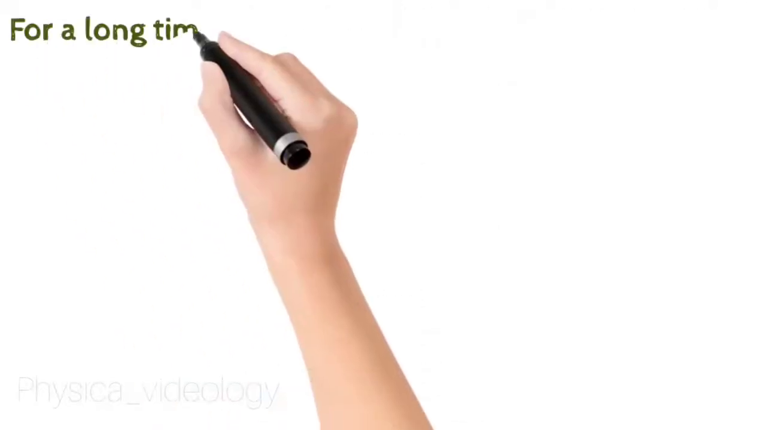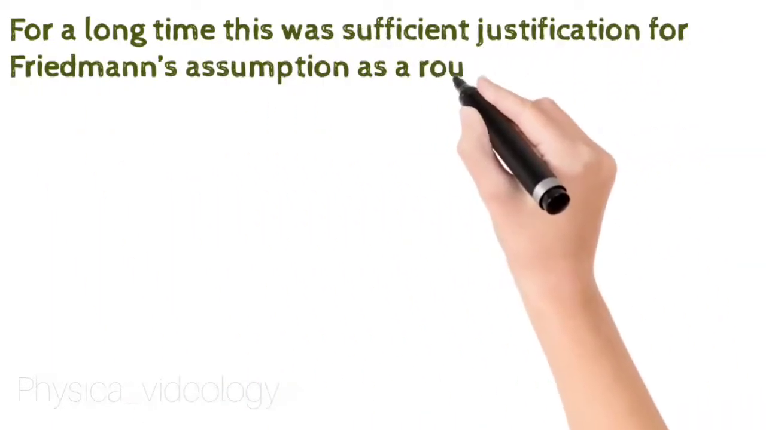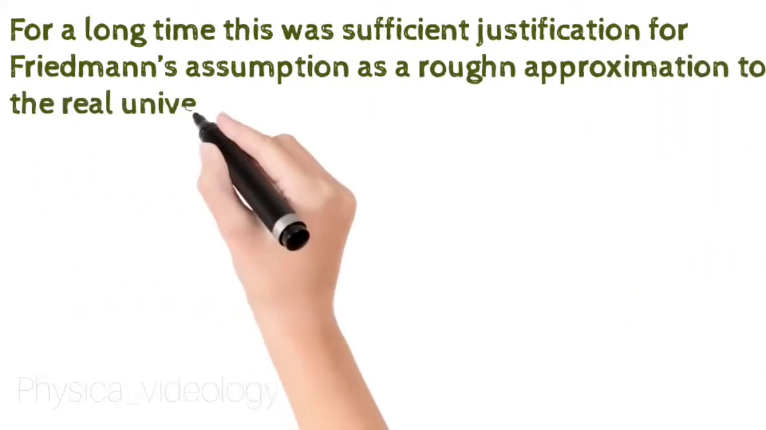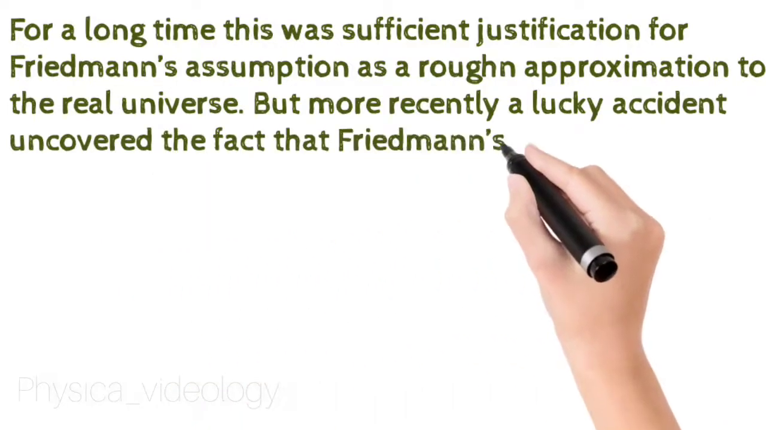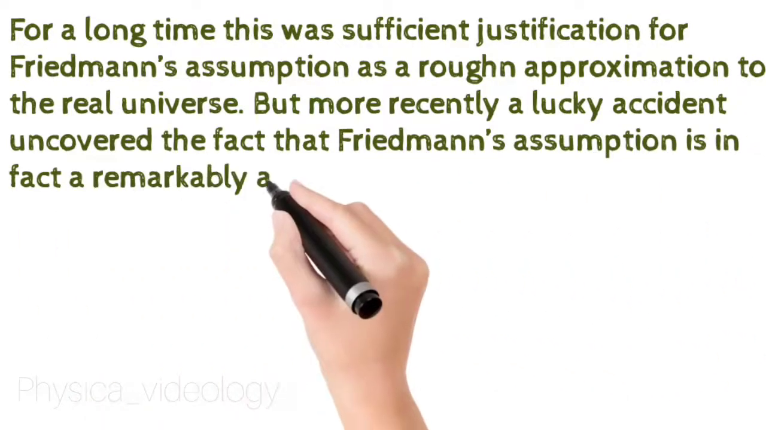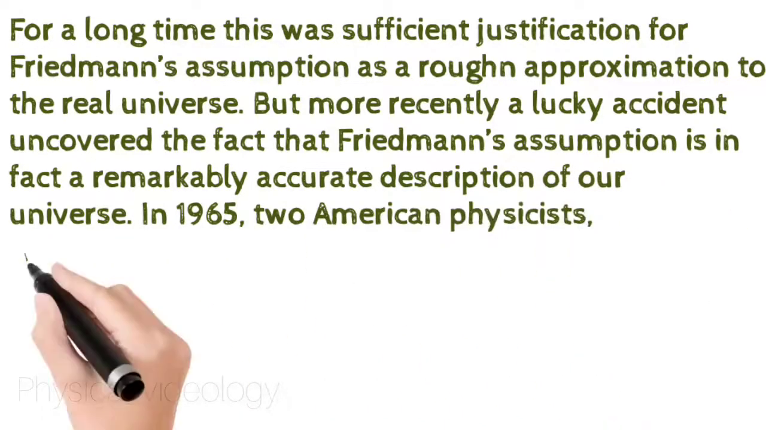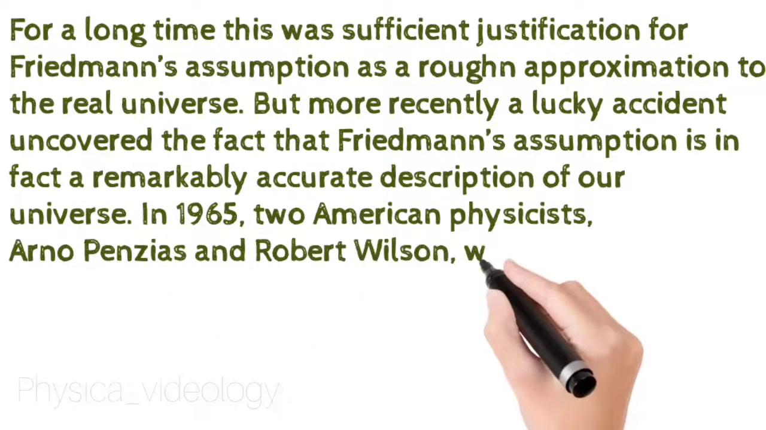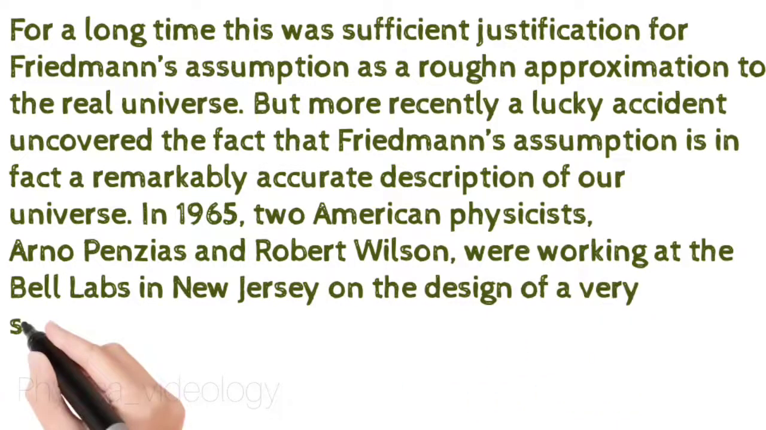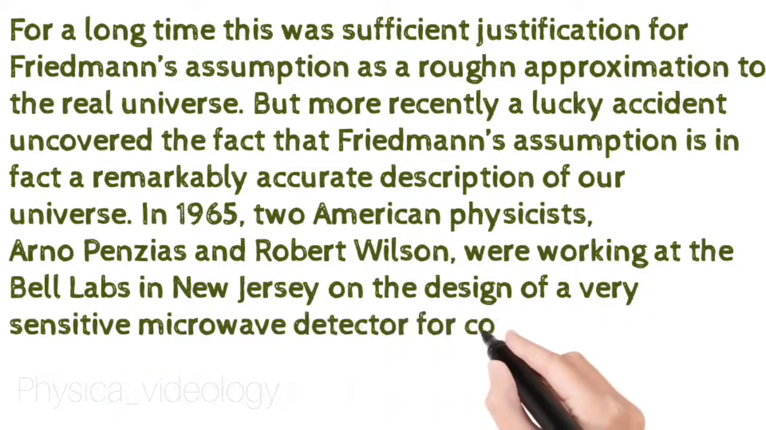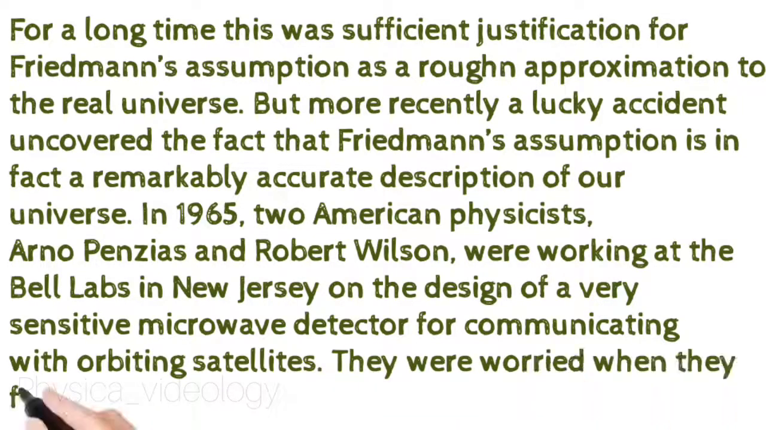For a long time this was sufficient justification for Friedmann's assumption as a rough approximation to the real universe. But more recently a lucky accident uncovered the fact that Friedmann's assumption is in fact a remarkably accurate description of our universe. In 1965, two American physicists, Arno Penzias and Robert Wilson, were working at the Bell Labs in New Jersey on the design of a very sensitive microwave detector for communicating with orbiting satellites. They were worried when they found that their detector was